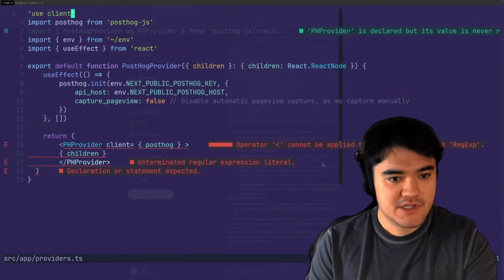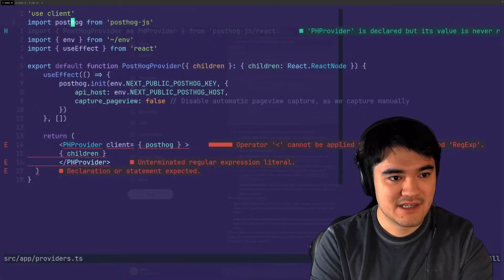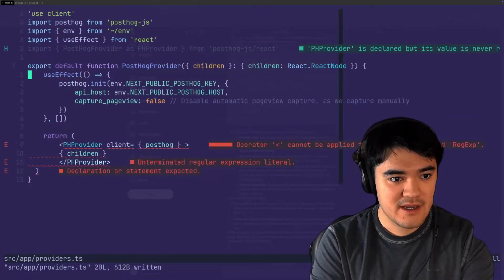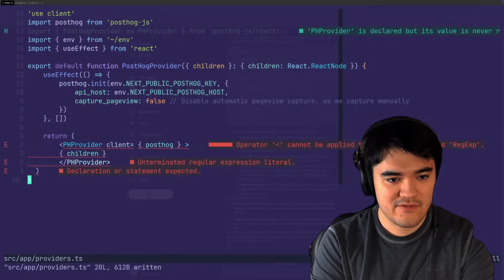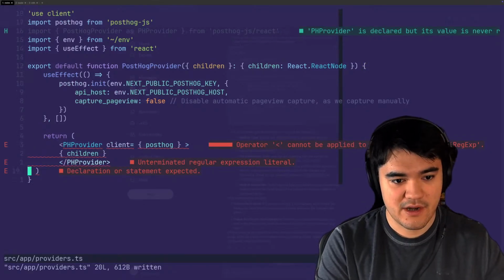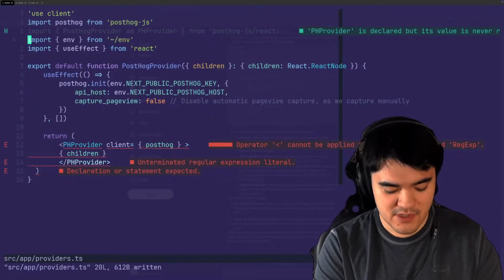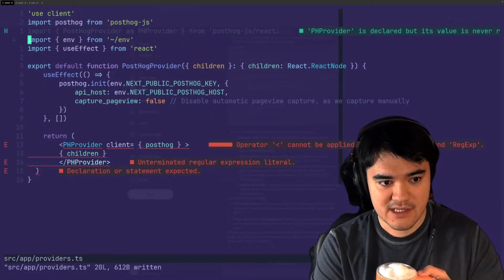Okie doke. So, unfortunately, right now I'm basically stuck on some really stupid thing going on here. It's some kind of TypeScript import error, or the way I'm grabbing this PostHog provider. This is just from the demo code.